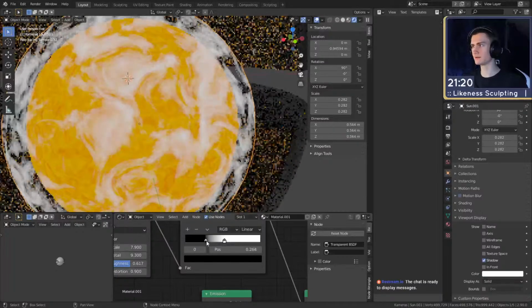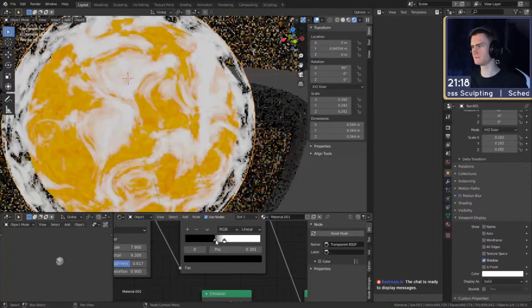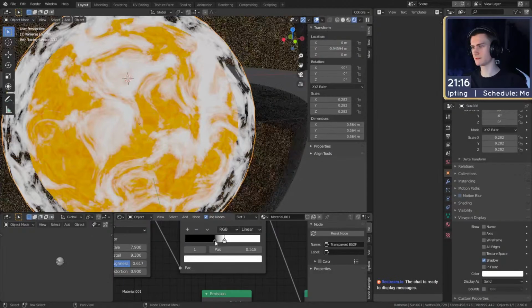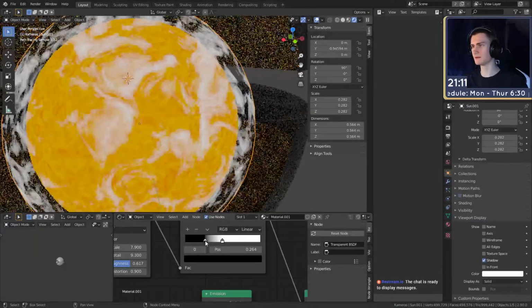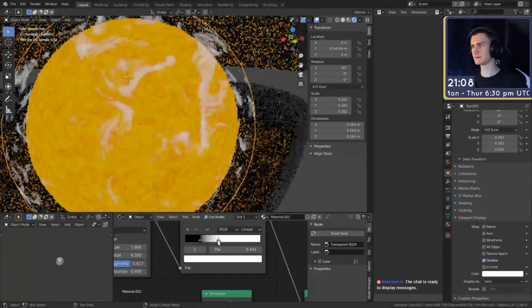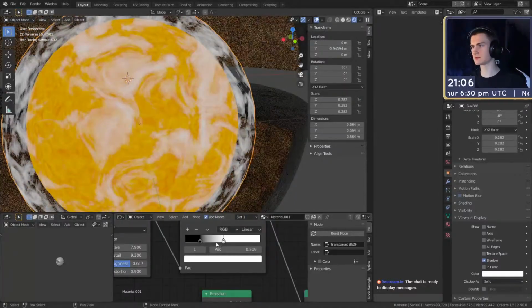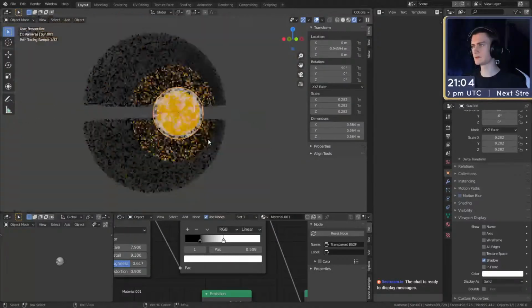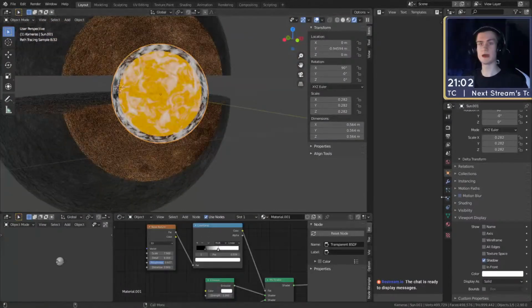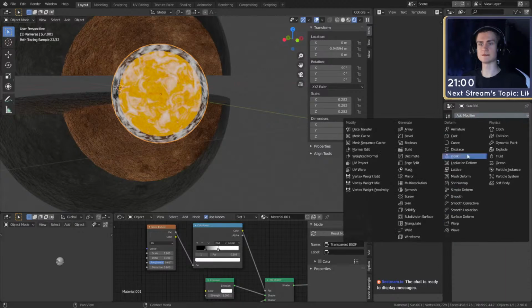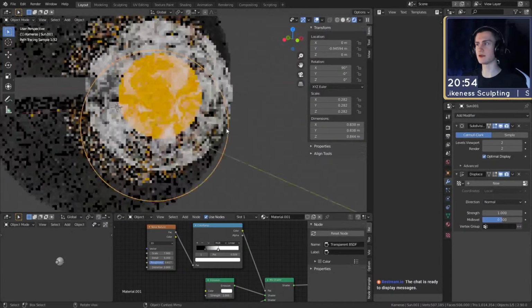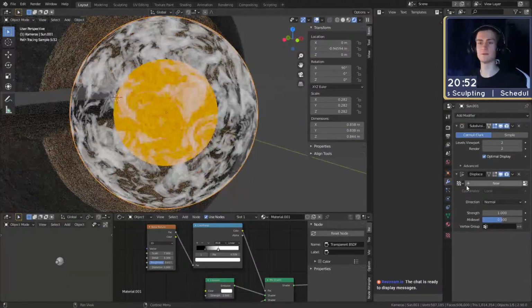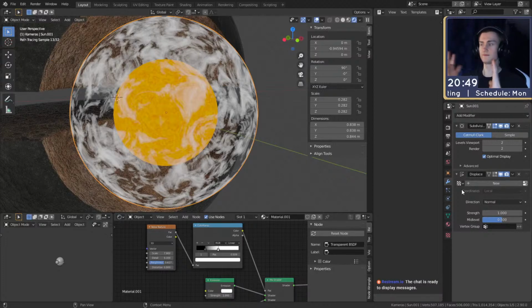Okay. Oh, of course. So I guess if we move this more over here, we can see some... These swirls would get closer or like smaller. But I think this looks already pretty good. What I want to add though is first of all a subdivision surface modifier. Put that to 2, I guess. We then go over and add a displacement modifier. I want to displace this a little bit so it looks a little bit more natural,